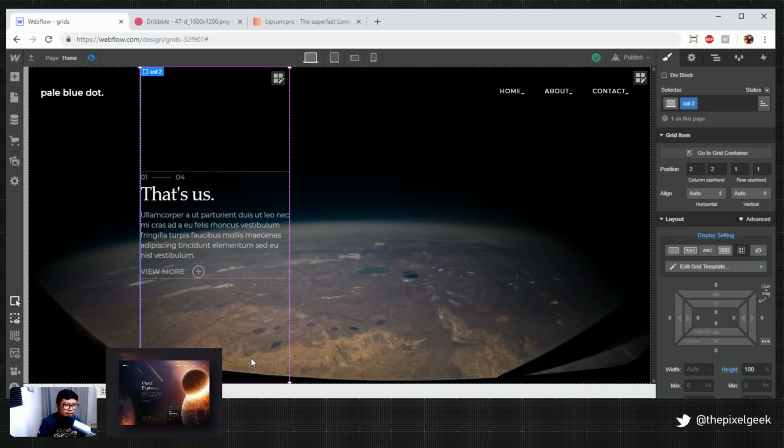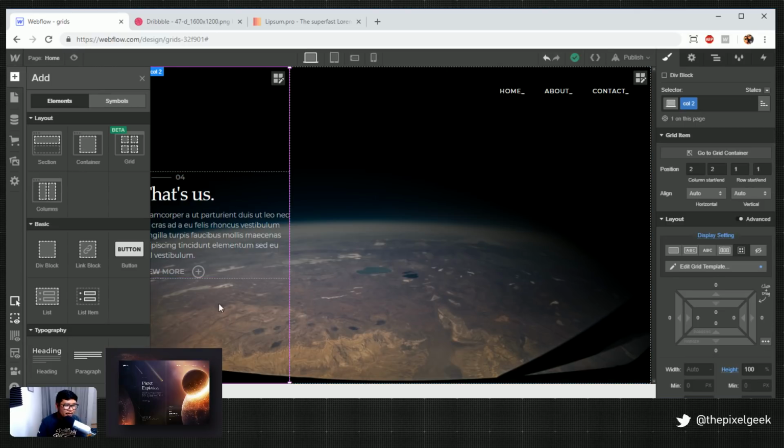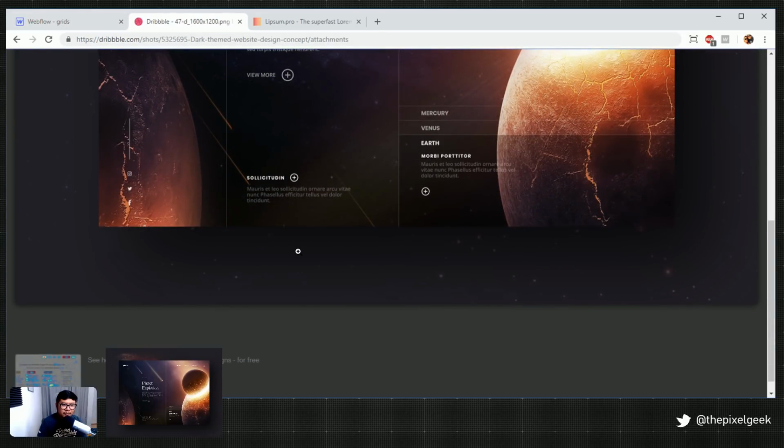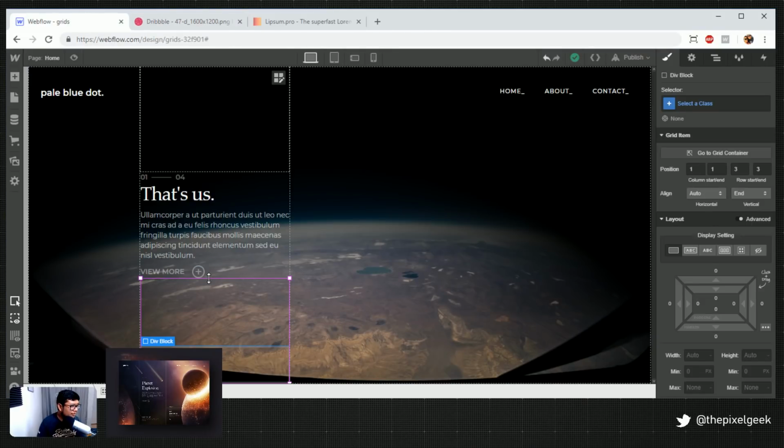Alright, so I have that there. So that's good and all. And I use flex in here to do the vertical. So, for example, if I didn't use flex, it would be like, oh, not that much of a difference. But this one right here, I can put another div. And then, because this is a child, I can do this. Vertical end. And so now it's at the bottom. And so now I can do this thing right here. So this is in the center. So yeah, thank you, Grid. Thank you, Lou, if you're still here.